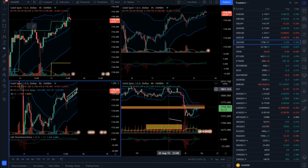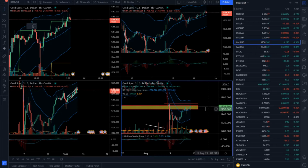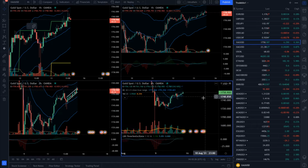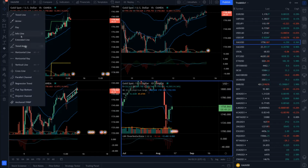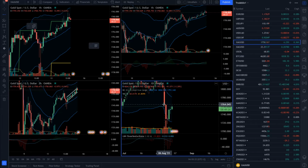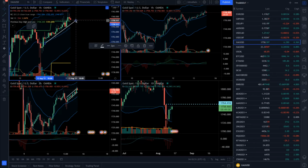From my perspective, gold is still in the post-climax effect, and it's getting closer to the daily high from that climax day. It's still not there because the daily high of that climax day is around 1764, and now the current price is 1758. So it's still in the post-climax effect and still inside of that range. But what I found here is that when the market was going upside, the pace of this upside move is actually pretty slow. And from my perspective, this is usually an indication of lack of buying power, which can result